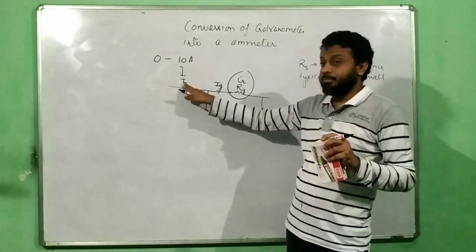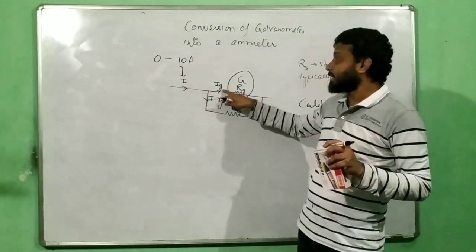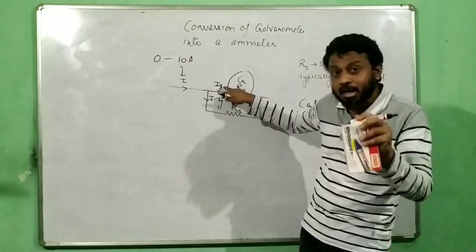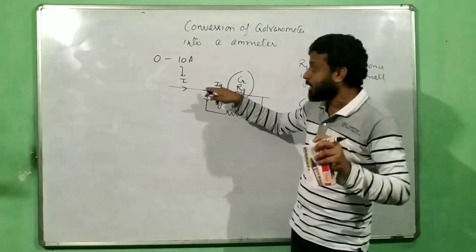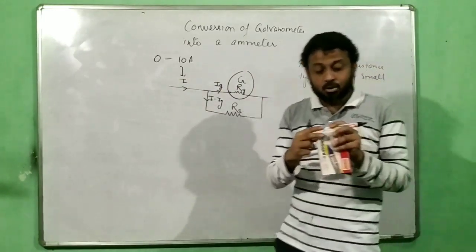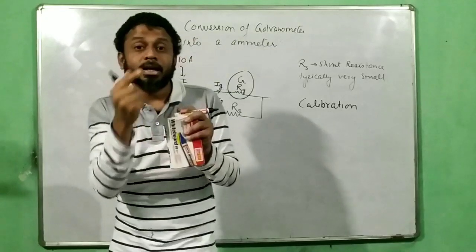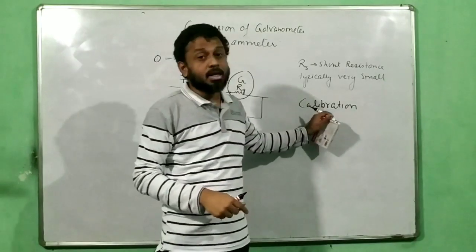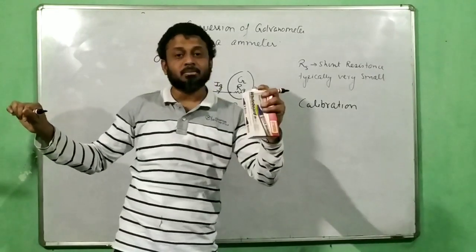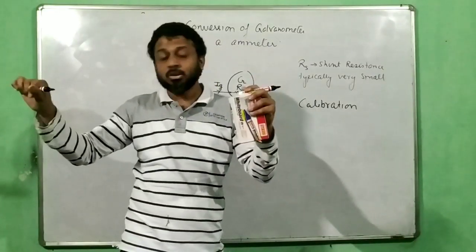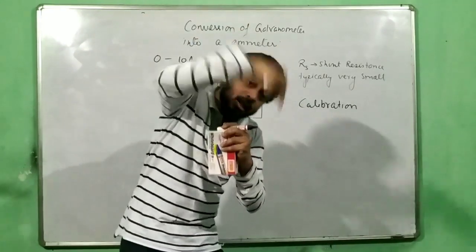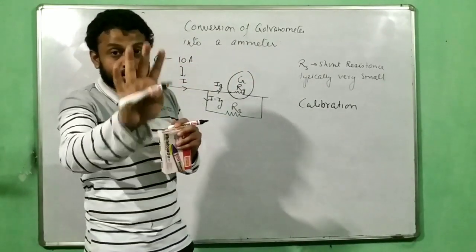When this becomes 8, let us say this becomes something less than Ig. So this will show a deflection something less than Ig. But for that deflection I am going to write 8. So basically I am calibrating it. The word is calibration. I have something else entering and this is giving some other deflection, but I know that this deflection is because of this entering current. So I will write something else over there, and that's legitimate.